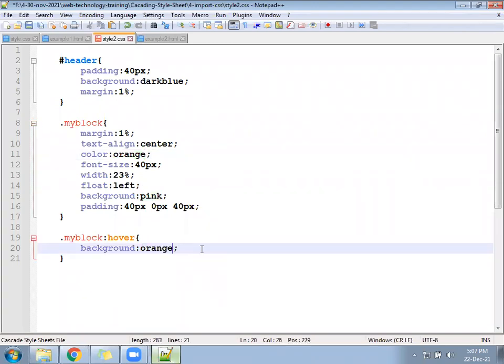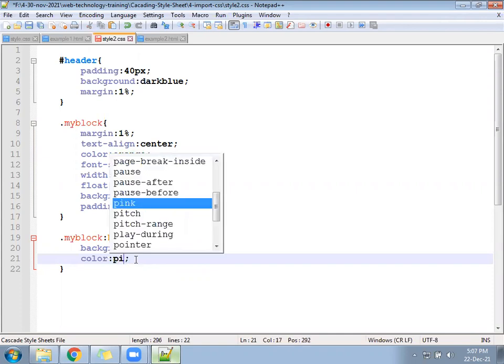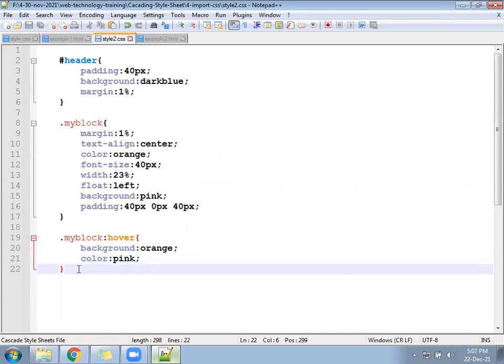And the text should become pink color. Background is orange. Color is pink.